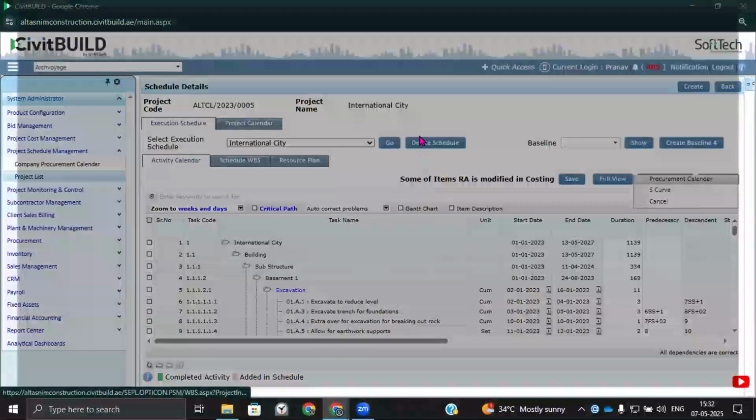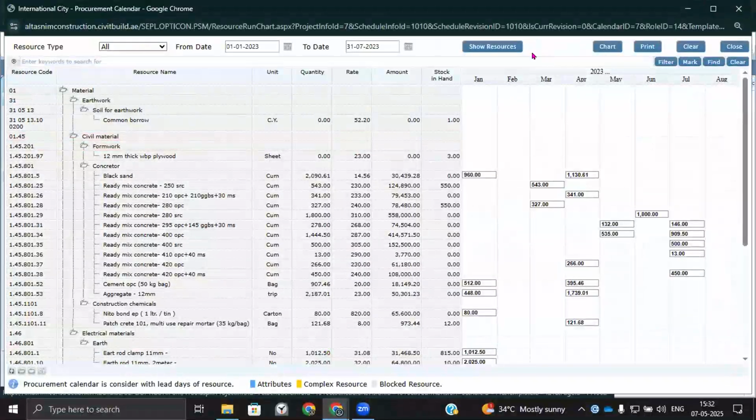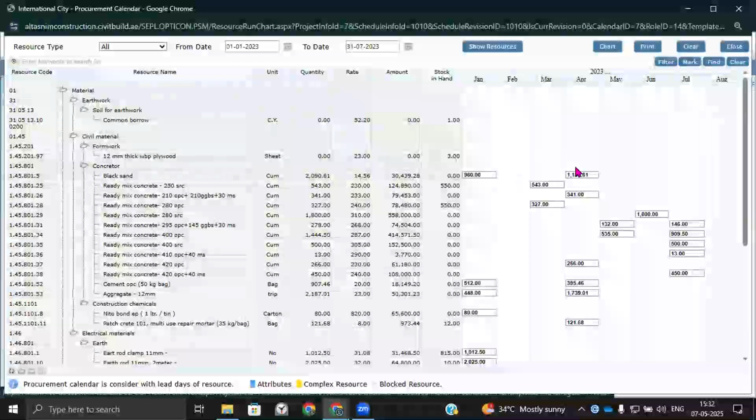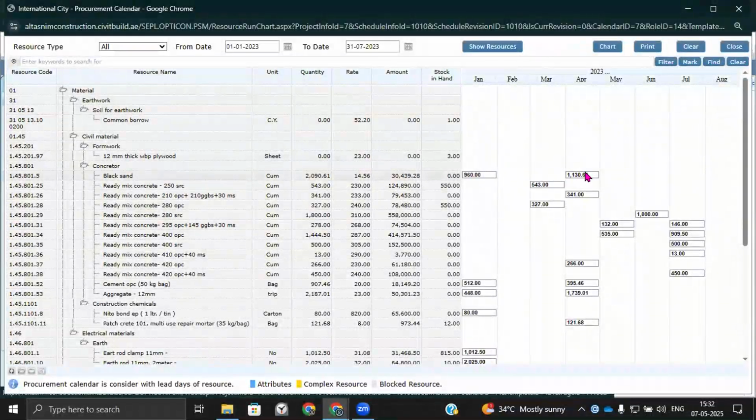Additionally, there is a procurement calendar, which gives you an overall understanding of all the resources required, in total quantity and with the rate considered in the estimation, but also the breakup of these quantities across the individual months of project progress.